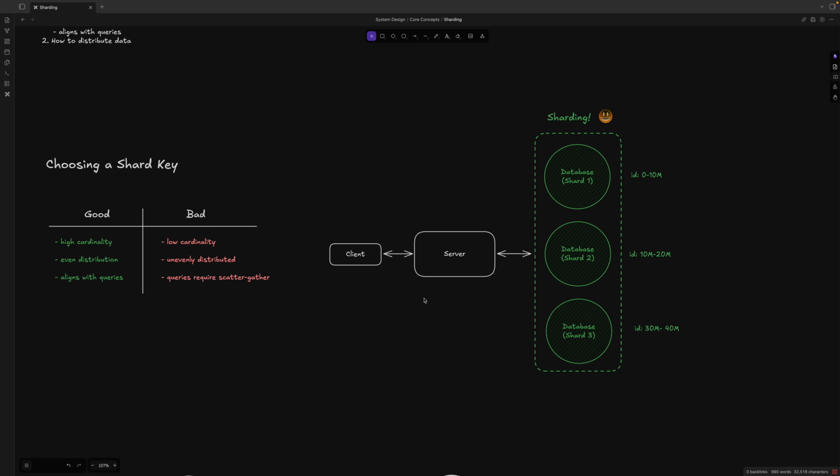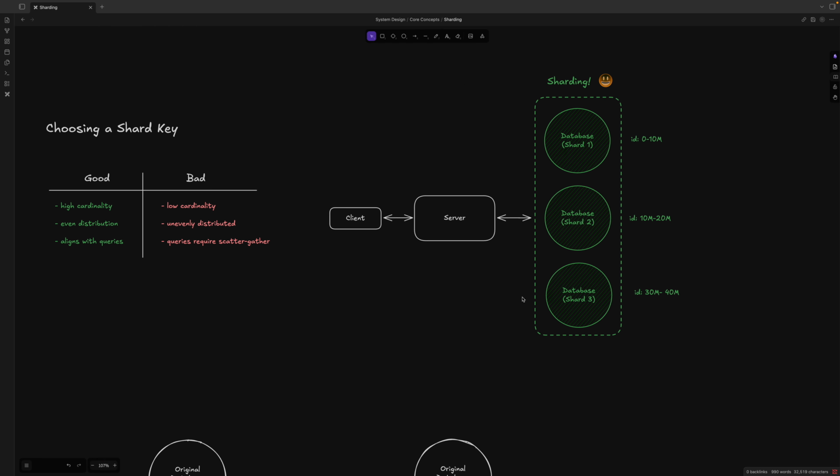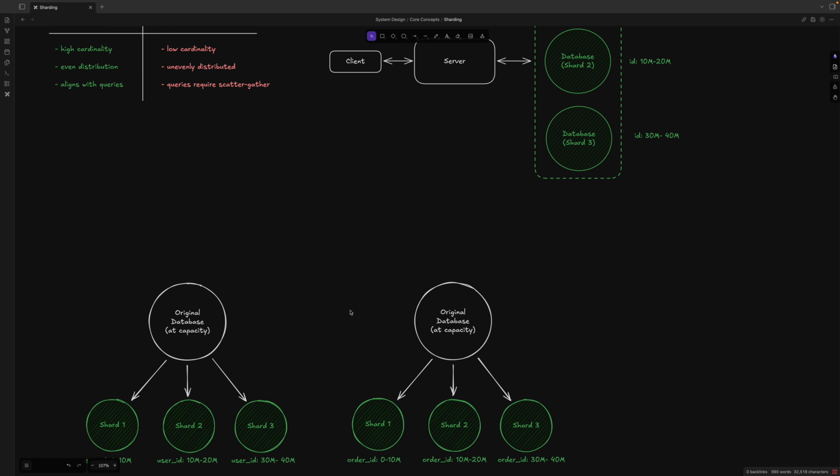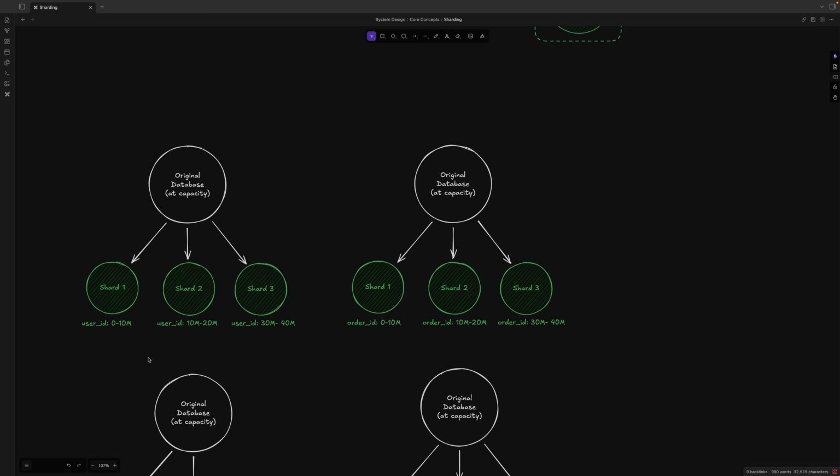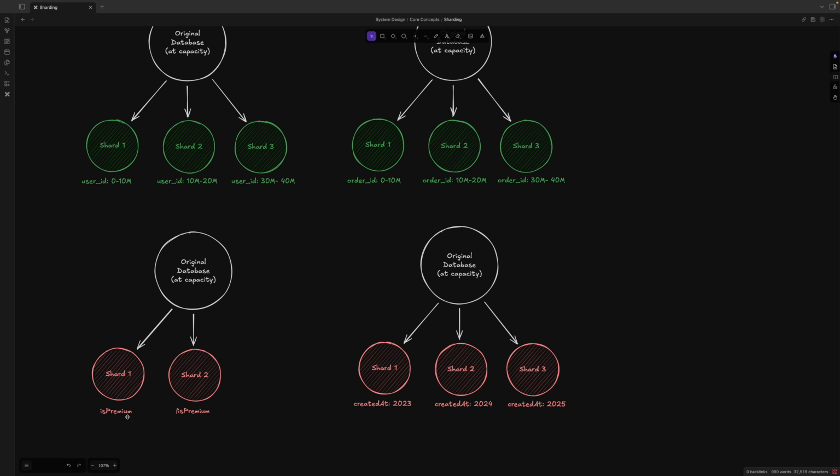Okay, a good way is to use, for example, the ID. It's good. And also an example is that based on the user ID we can separate the data. It's okay. And also order ID, right? It's kind of like an index. But it's not good to shard on something like a Boolean, is premium or not premium,